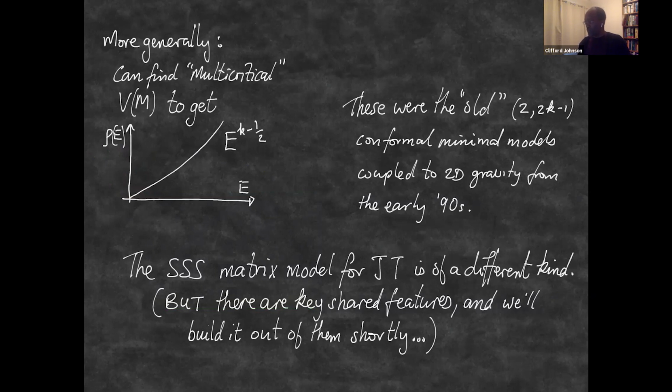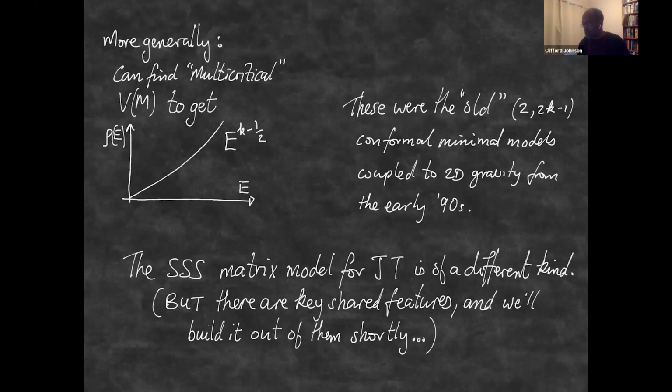So these were the old matrix models, and in those days, they were useful for studying two-dimensional quantum gravity as string world sheets, and they were actually, it turned out, the 2k-1 conformal minimal models coupled to two-dimensional quantum gravity. These are quite different in some ways, matrix models, from what Triple S, Saad, Shenker, and Stanford constructed. But what I'm going to show you is that in some sense, I can build the new stuff out of